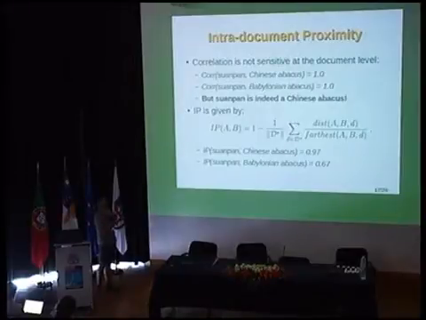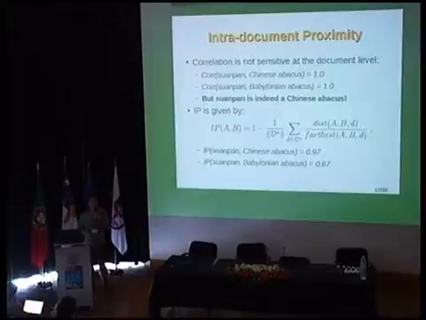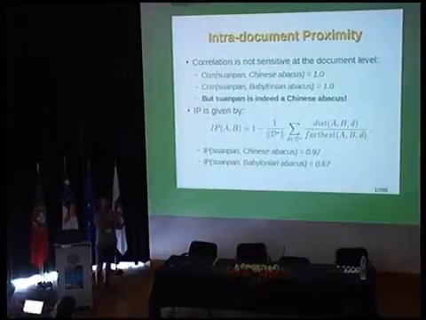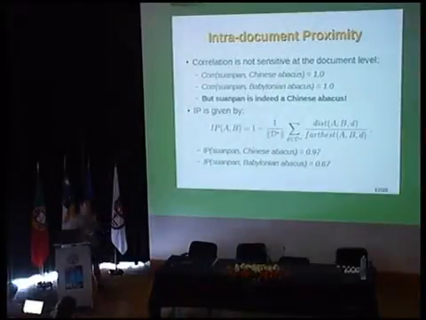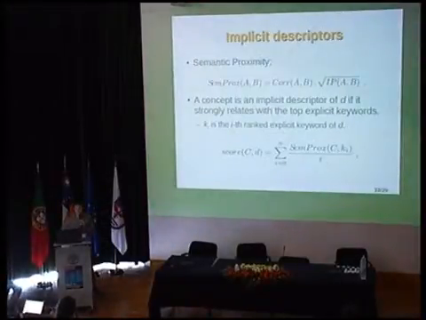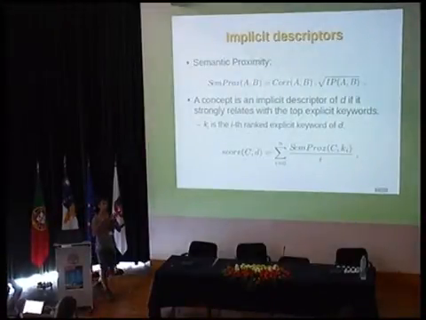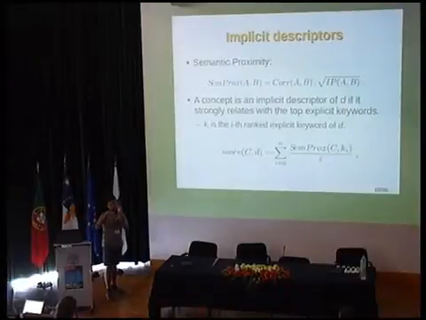And with this, we can somehow clarify or better separate the relation between Swanpan, Chinese abacus, and Babylon abacus. So this metric better understands, if I can put it this way, that Swanpan is more of a Chinese abacus than it is a Babylon abacus. So the symmetric proximity, as I say, combines both things, the correlation and the analysis on the document. So we do that multiplication.